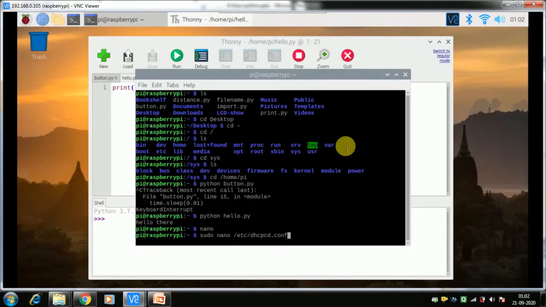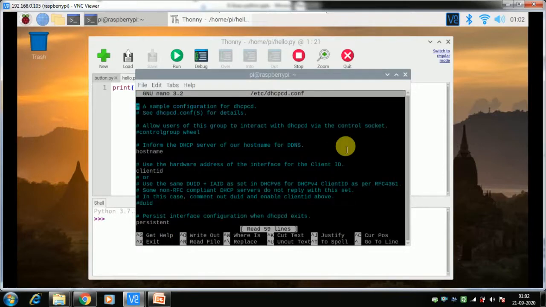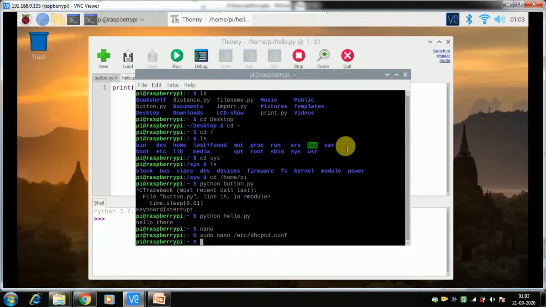We are opening it as a super user, otherwise we will not be able to edit this file. Now we will be able to edit this file because we entered as a super user. The Pi user is not a super user, but it is in the group of super users, so it can fire this sudo command. If you are using a username which is not in the super user group, you cannot run a sudo command. You are just a normal user.